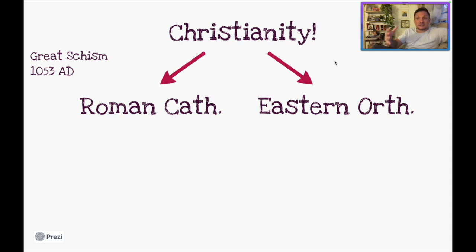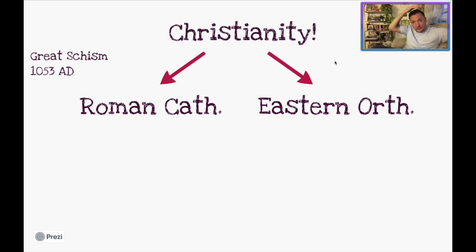And what's going to end up happening is in that Great Schism, you're going to see the Christian church split into two new branches, right? Called the Roman Catholic Church and the Eastern Orthodox Church, right? And the Eastern Orthodox Church is going to take root in places like Greece and Eastern Europe, and it's going to continue to grow and expand. And to this day, they are actually still there, very much growing, very much expanding, right?